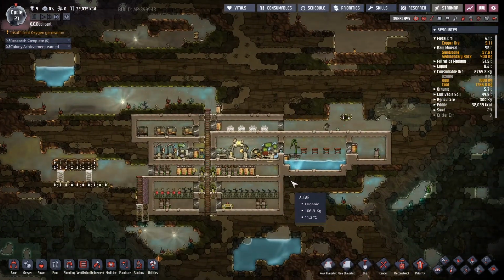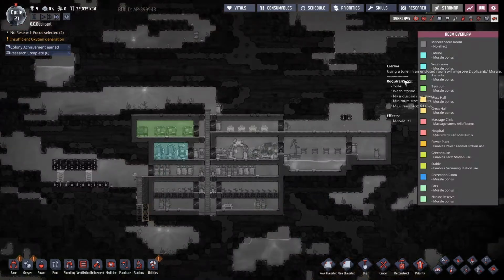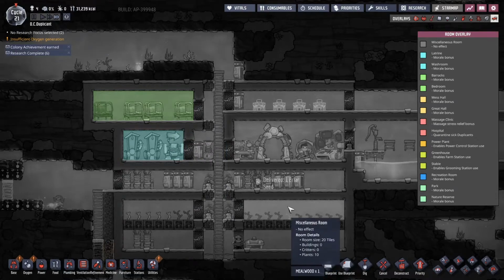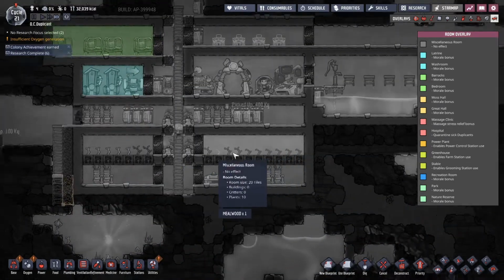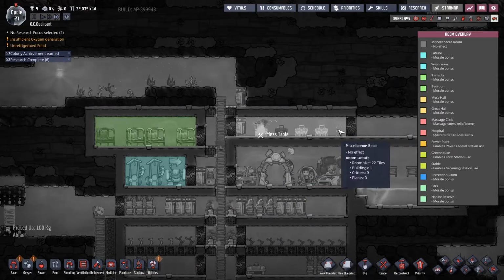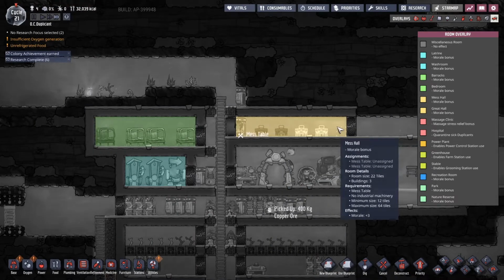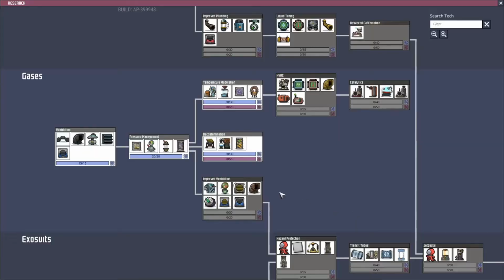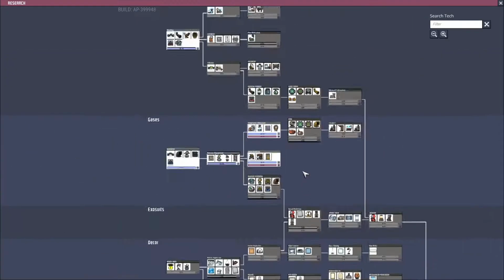Duplicants, 4 dining tables. Alright, how are we doing on the rooms here? We have a latrine and a barracks. Awesome. Not a farm down here by any stretch. And let's see if that turns into a mess hall. It does. Nice. Alright, they finished that research. So next...